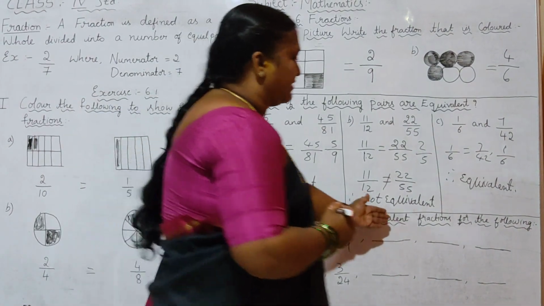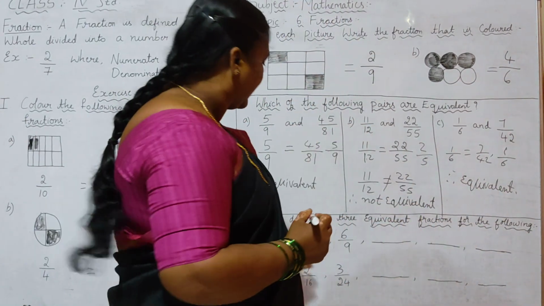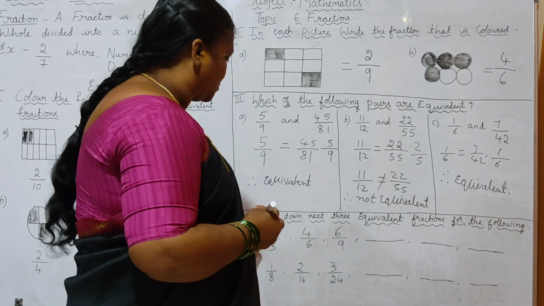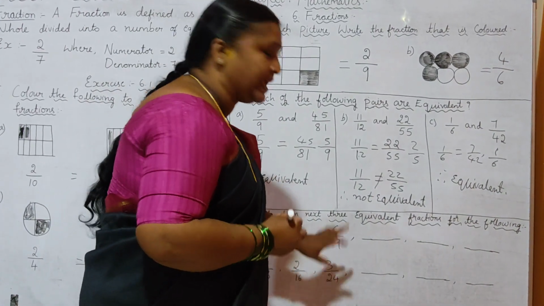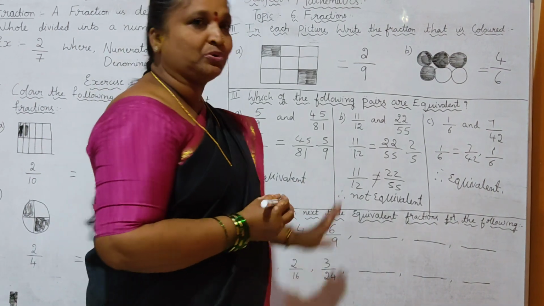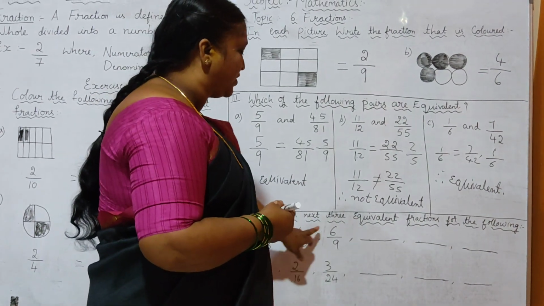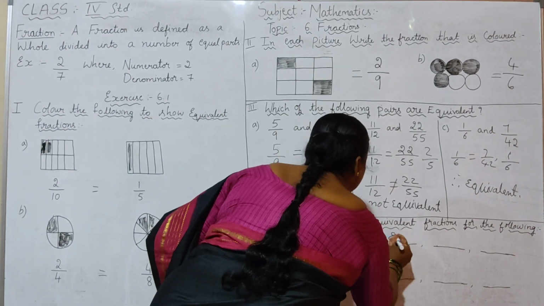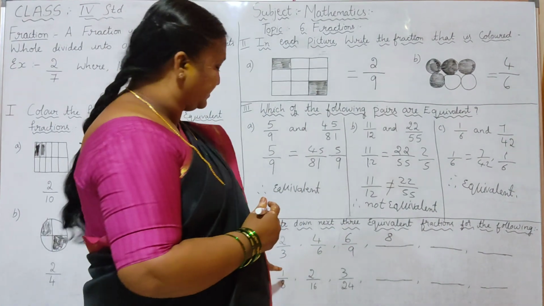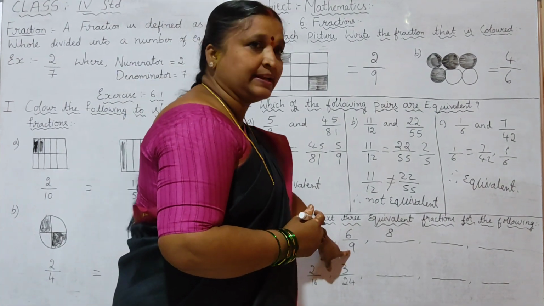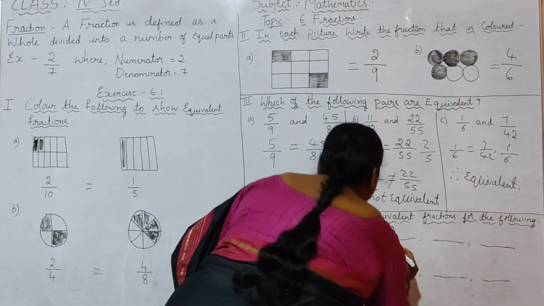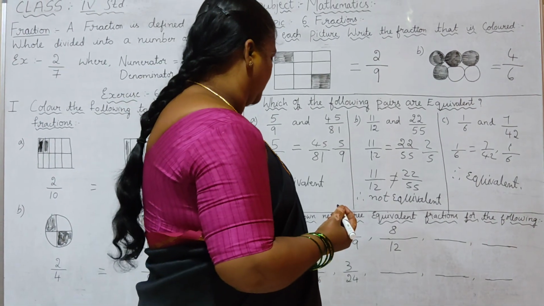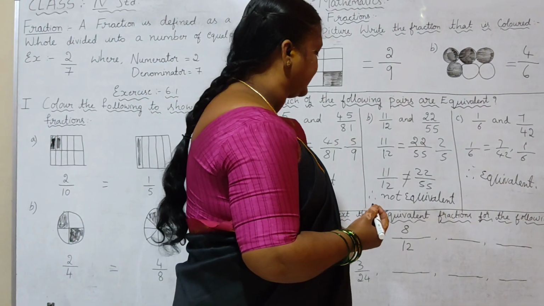Write down the next 3 equivalent fractions for the following. Here 3 fractions they gave. You have to write the next 3 equivalent fractions. They gave 2 by 3, 4 by 6, 6 by 9. See how they gave? 2 ones are tables. Easy. 2 ones are 2, 2 twos are 4, 2 threes are 6, 2 fours are 8. Next, now 3 ones are tables. 3 ones are 3, 3 twos are 6, 3 threes are 9, 3 fours are 12. 8 by 12.